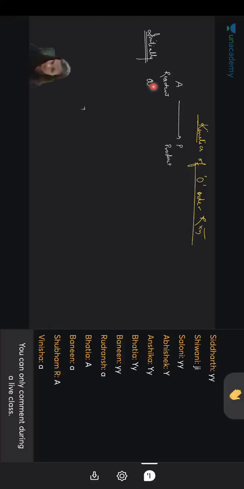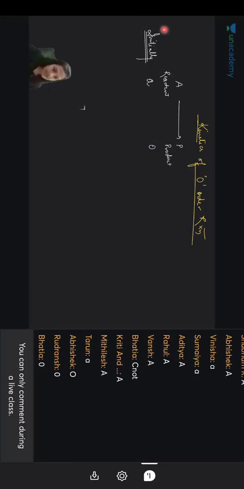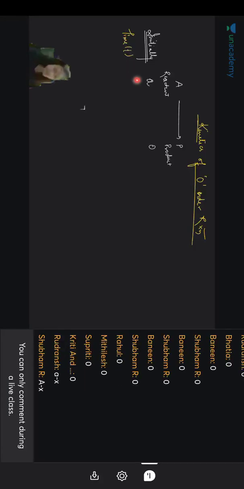So initially we would be having the concentration of A or P. Initially, when we are beginning a reaction, we will be having the concentration of A only. So let's say this is small a, and what about P? That is zero. Okay, so at a certain interval time t, at time t, ठीक है,